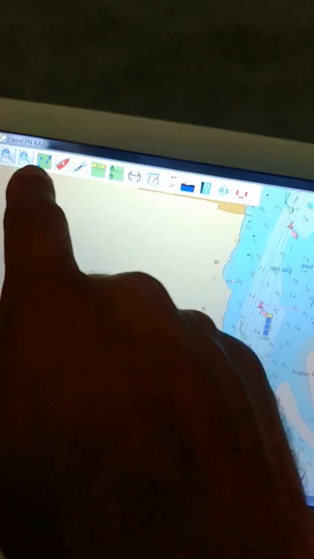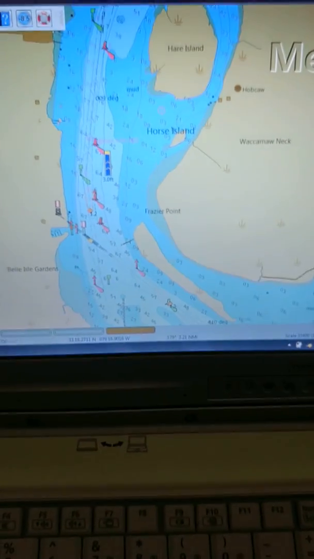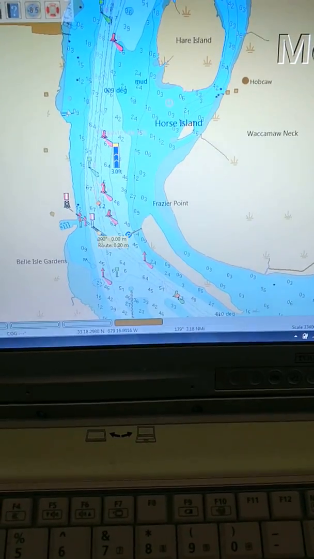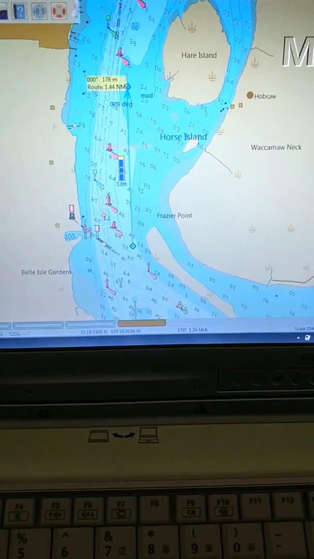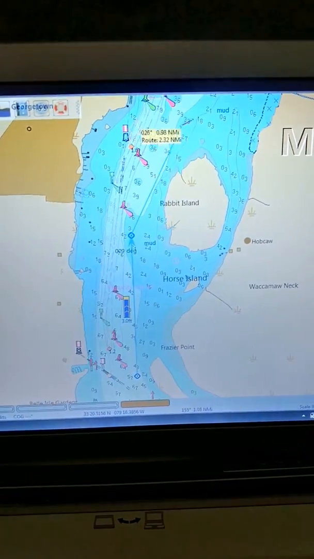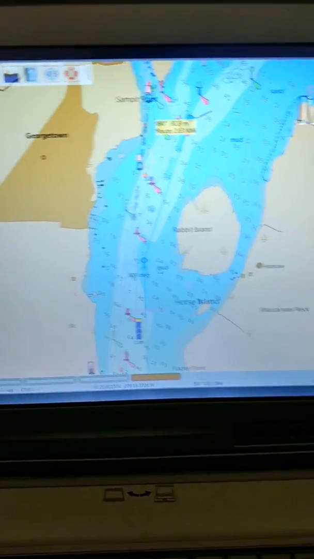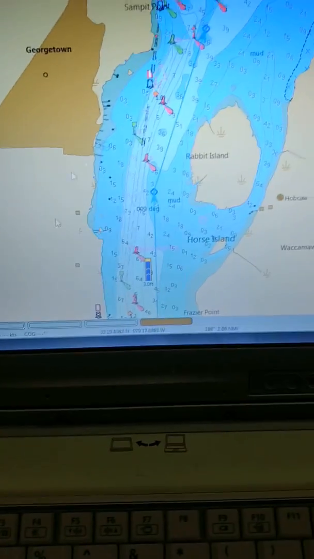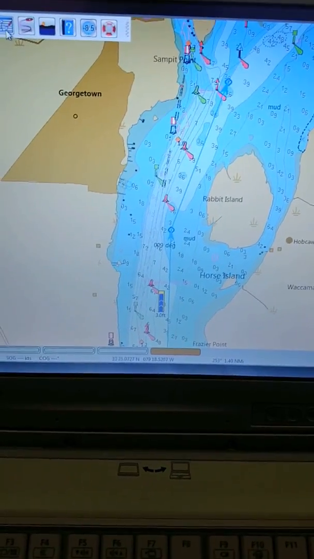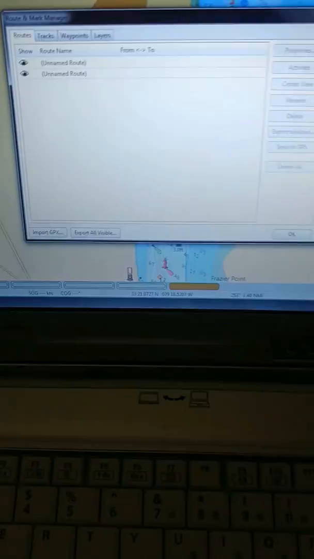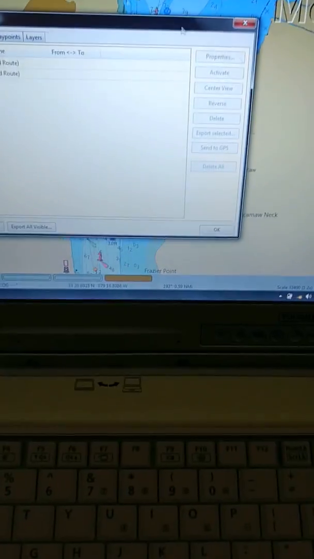So this is the course tool, the route. So you can plot a course. Just click here, let's say here, and it shows the distances on each leg right there. Now press escape to end that. Now it shows up in Route Manager here, so we can name this route and we can load it, and